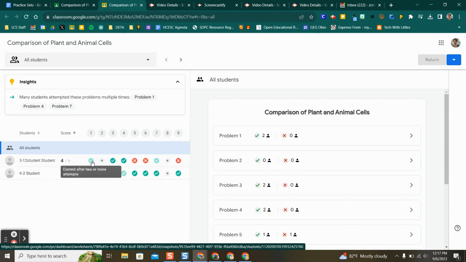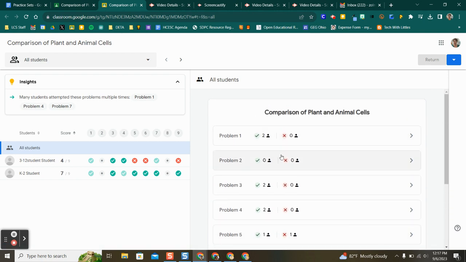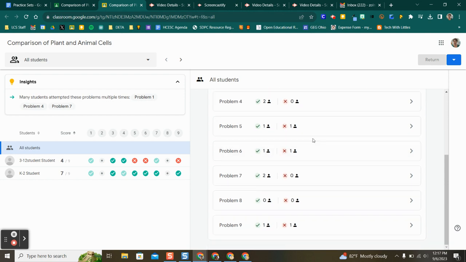Any of them that has a grade out kind of green check mark means that they took more than 1 or 2 attempts to do it. And I can see at a quick glance everyone that has gotten it right and gotten it wrong. So it kind of lets me know where the weaknesses are in my class. It even gives me this insight that the content in problem 1, problem 4, and problem 7 are things that I might want to look into a little bit more because the students had multiple attempts before they were able